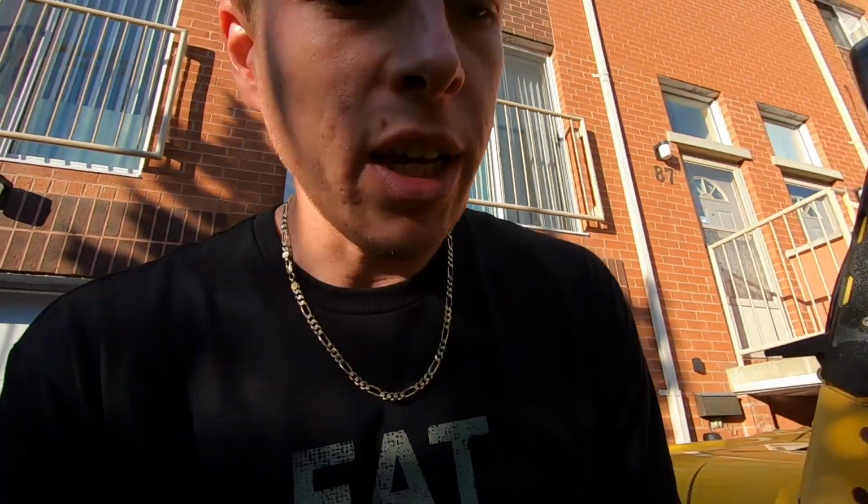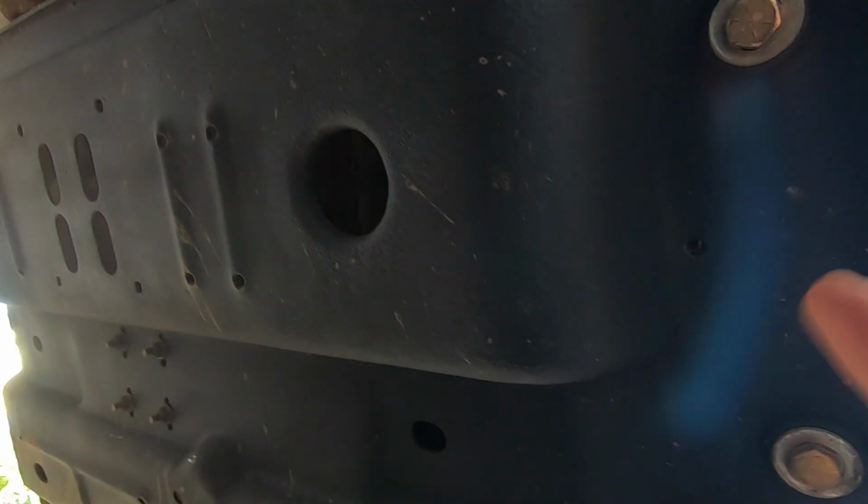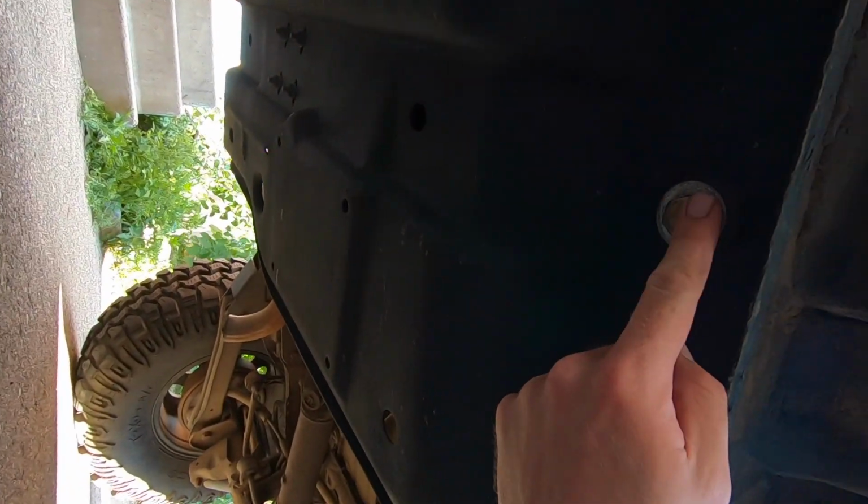And last but not least, I've got to tighten up my skid plate, because if you guys have been following the build, we just put in the skid plate about a week ago and I haven't checked, but let's see if there's any scratches on it from our last off-roading trip. And not too bad. There's a few light scratches, but nothing that went down to the metal, so looking pretty good. And now all we need to do is tighten up these 3 bolts,